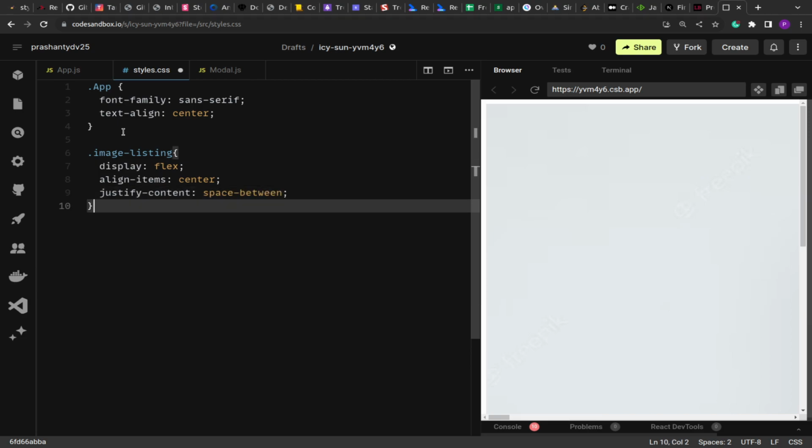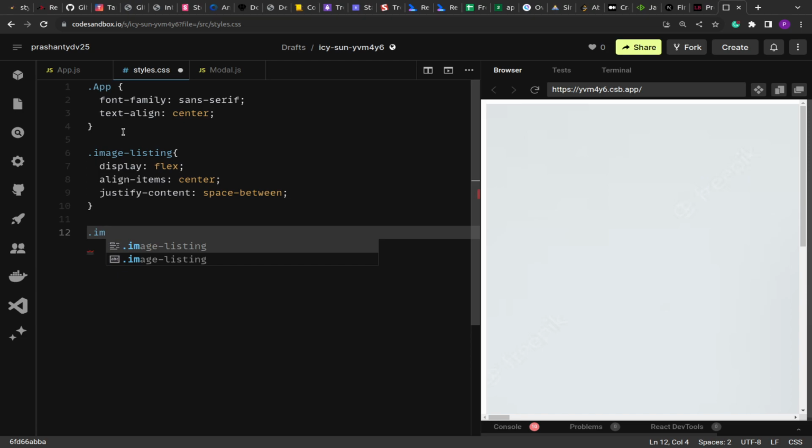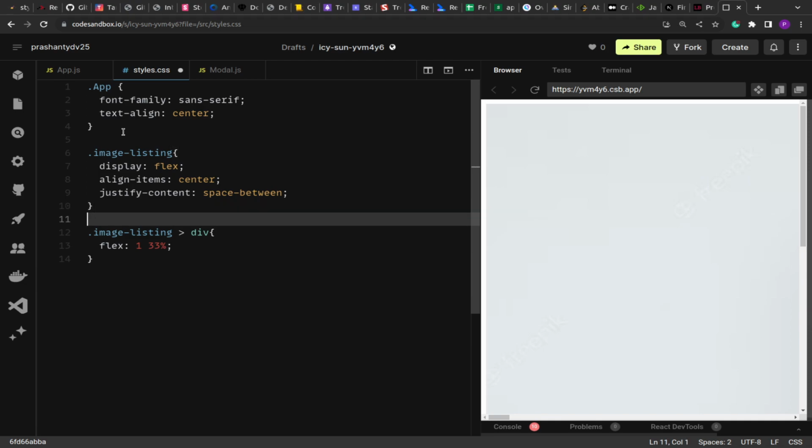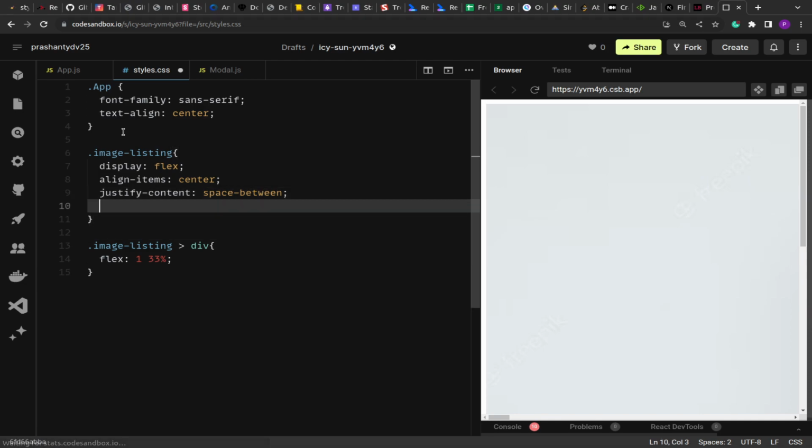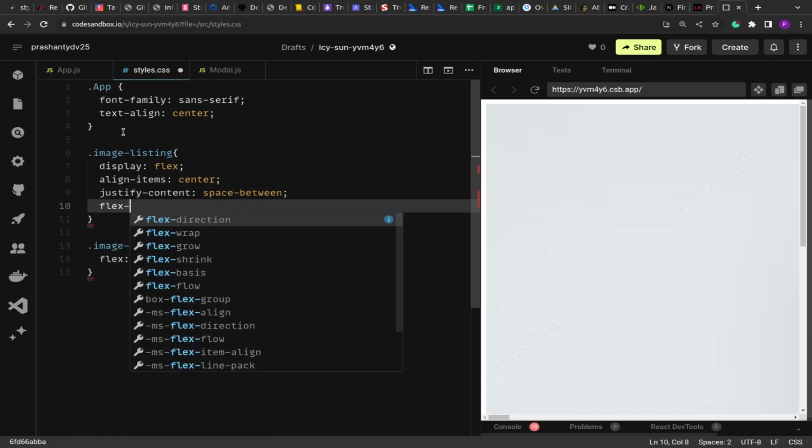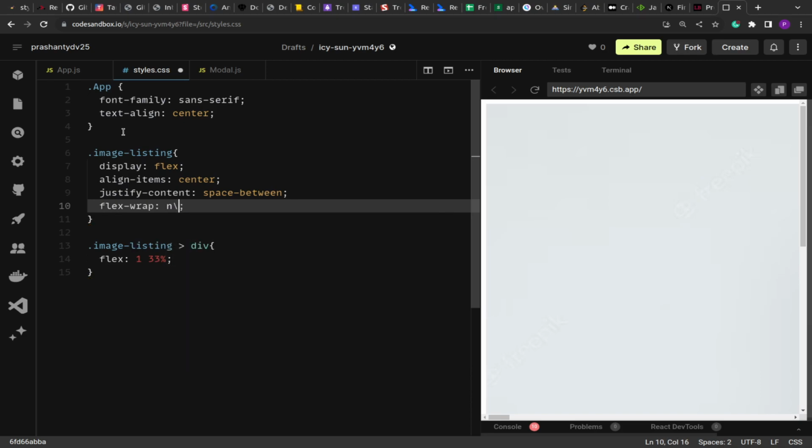And now after that we are going to say image listing div. We are going to say it's flex 33%, so it's going to take 33% width at the maximum. Here we have to make flex wrap no wrap,